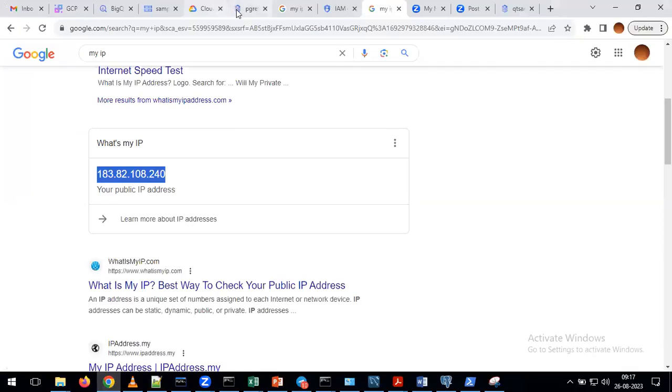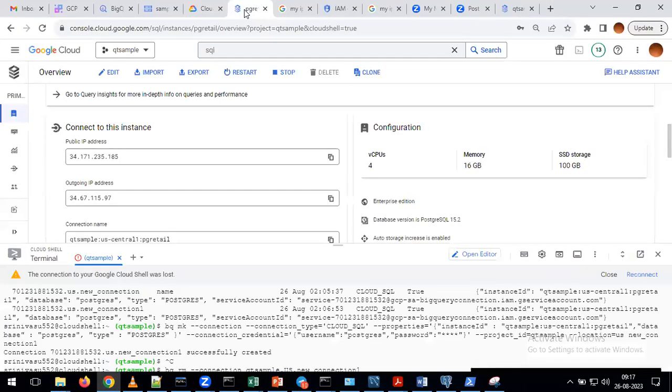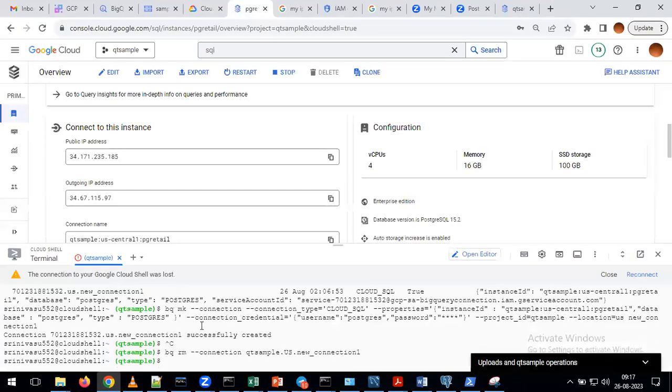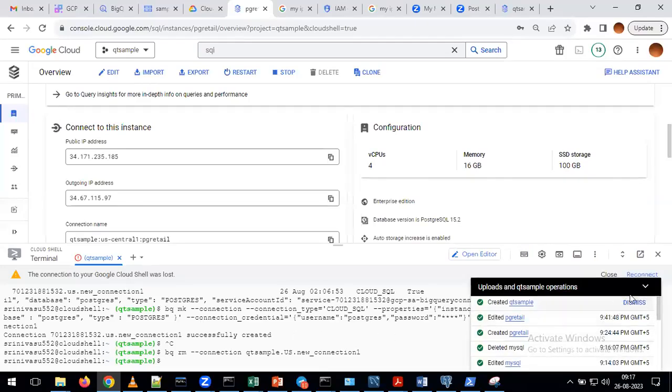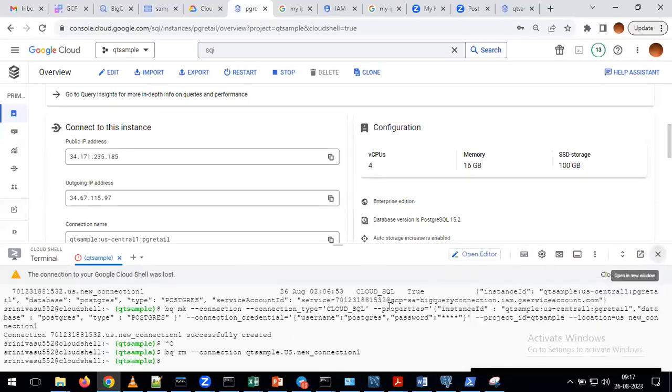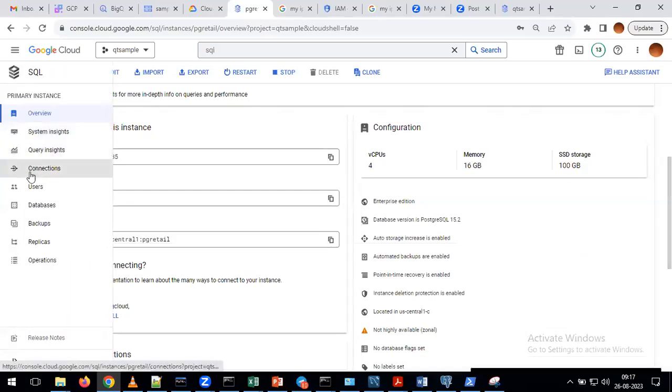Now, please go back to your Cloud SQL console. Here you can see the option called connections. On the left side, you can see the option called connections. Please click on that.